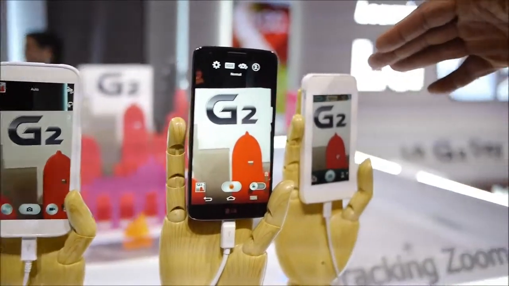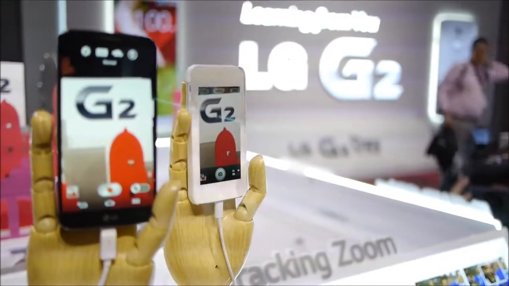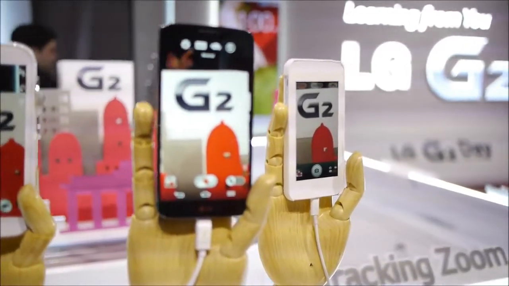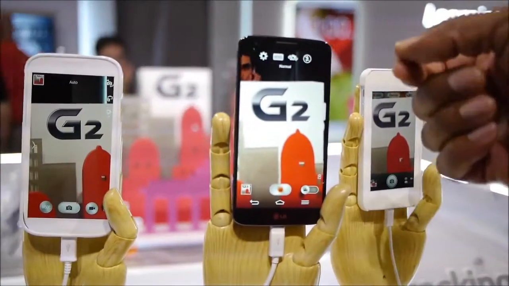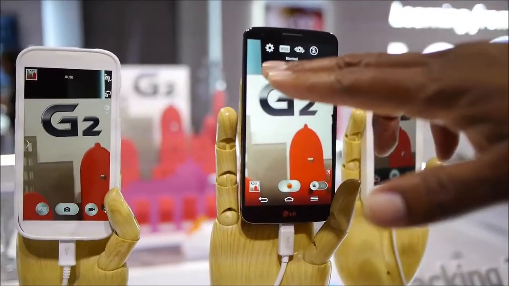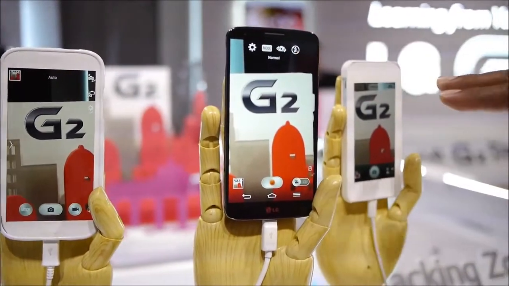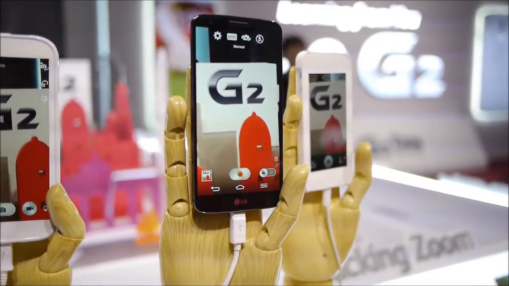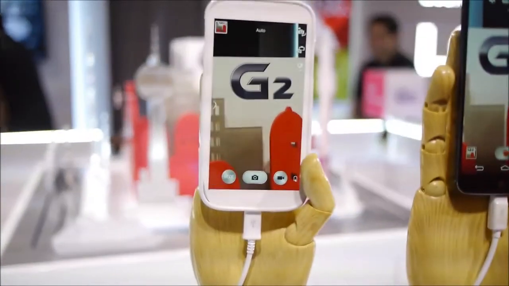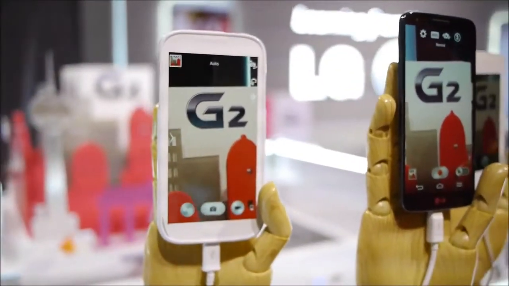Notice here on a competitor display, these two displays on both sides, you get a lot more shaking. So this is going to create an image that's blurry, versus the G2, where you get a very standard image. Notice the lines here. You see there's a lot less shaking going on. That's because the lens is floating. It's moving along with you. So this is going to create a more stable image. As you see down here at the bottom, without OIS and with OIS,